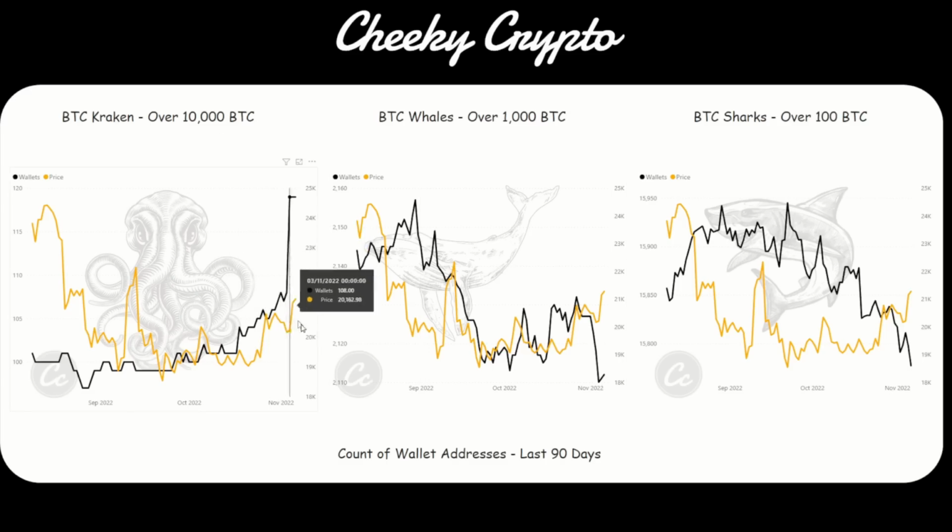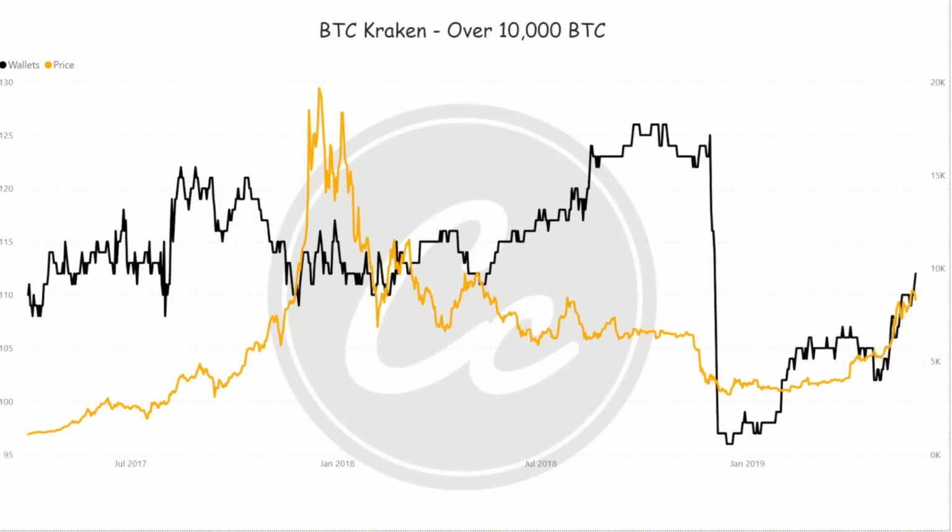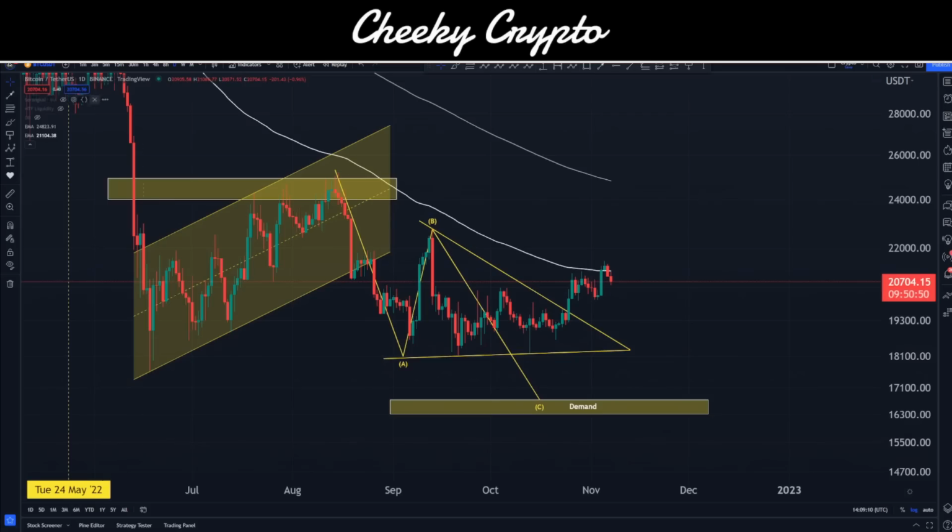This is interesting because it's following exactly what's happened in previous cycles. And if I go over into the 2018 Kraken size wallets, they accumulate, and then they end up dumping it in to bring in that bear market bottom. Okay, so I'm not confident. I'm looking at all this data. I'm looking at the inflows and the outflows. There's not really much demand happening there. I'm looking at the wallets, and big money is basically just looking at manipulating things or exiting the space and